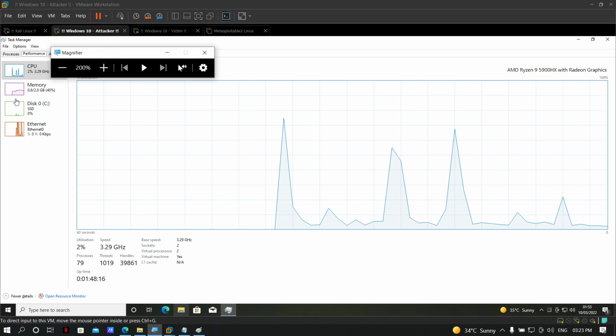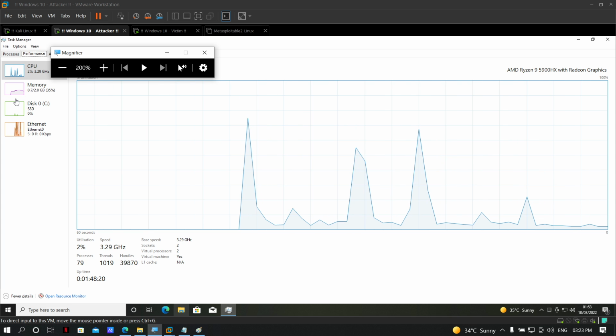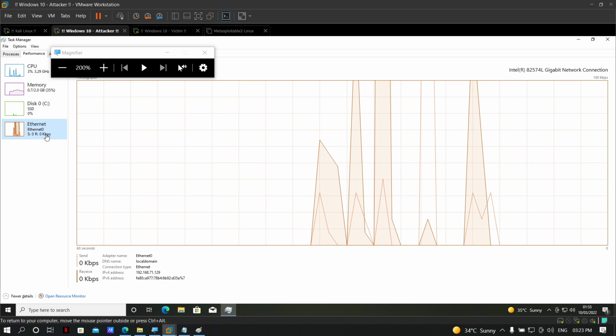Guys, CPU consumption is 3%. Memory consumption is 35-40% because only 2 GB RAM is allowed. And network consumption is 0.